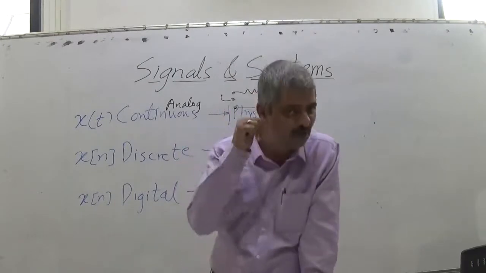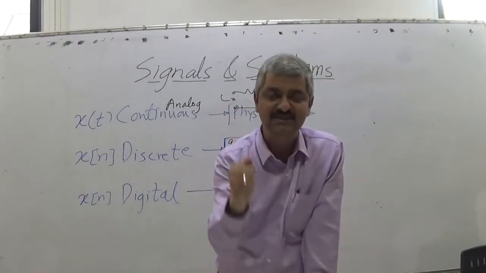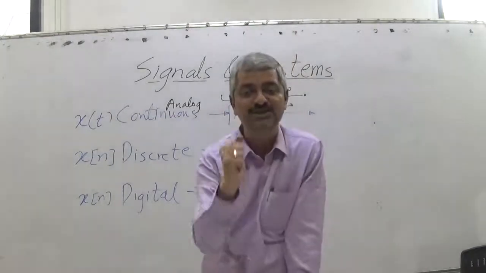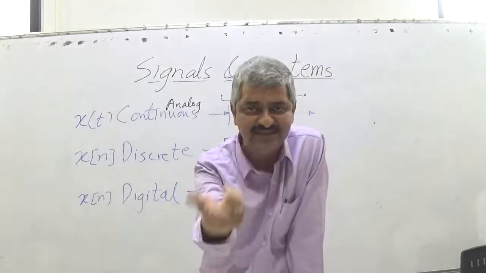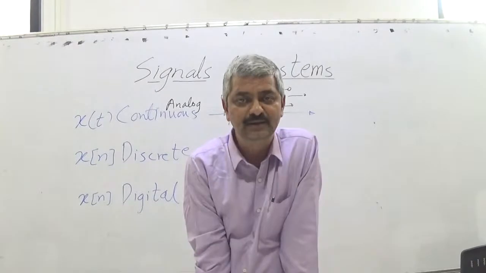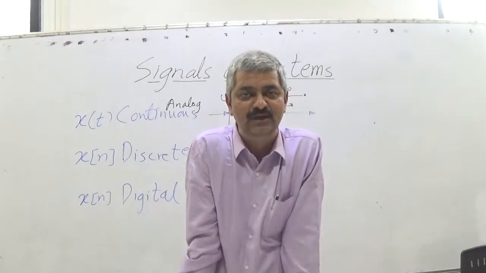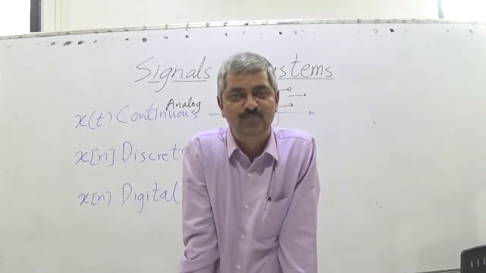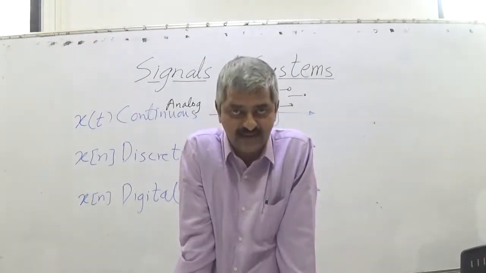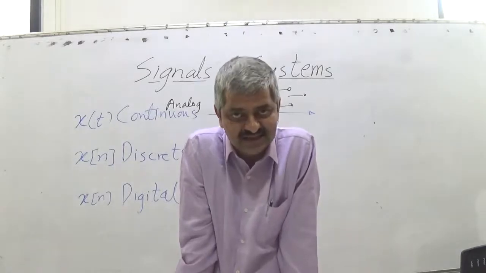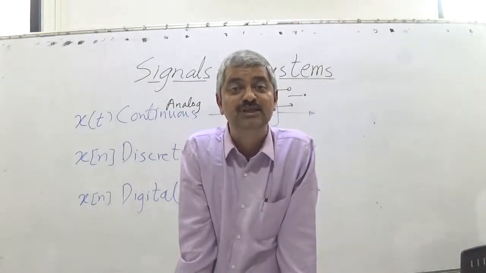So I want to emboss on your mental plane: what is a signal? Signal is position of a point in 2D plane which varies with time. So what is xt? The point, a red spot located somewhere in 2D plane, and as t proceeds, the spot will move anywhere in the plane. So xt and yt. In general, signals are moving points in 2D plane, that is the position signal.